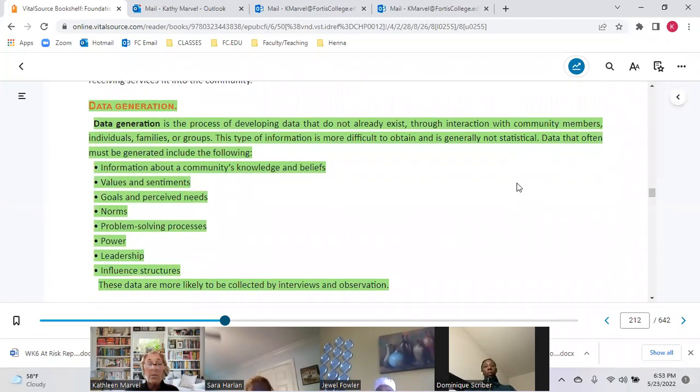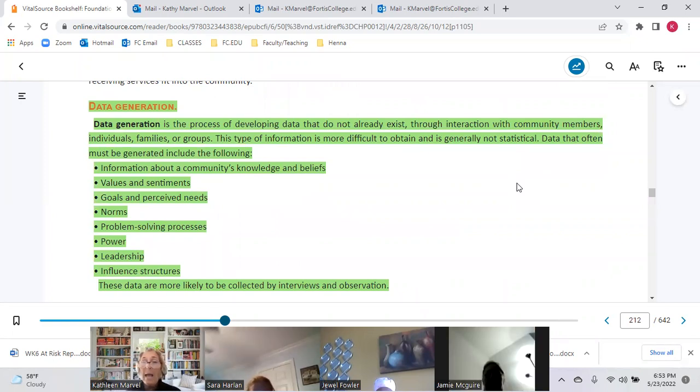Where data generation is we're having to generate data. So this information does not exist. And we can only gather this information through interactions with our community members. Okay. Sometimes this can be more difficult to gather because we have to,